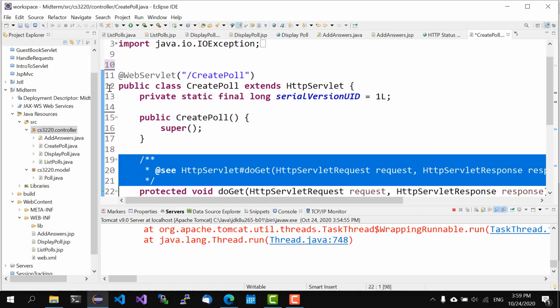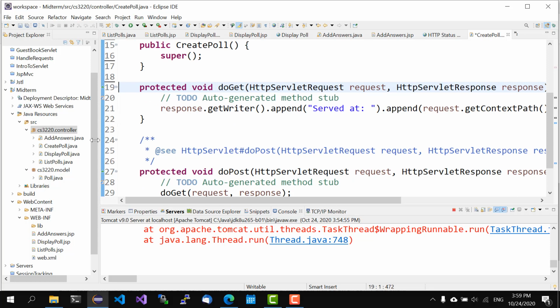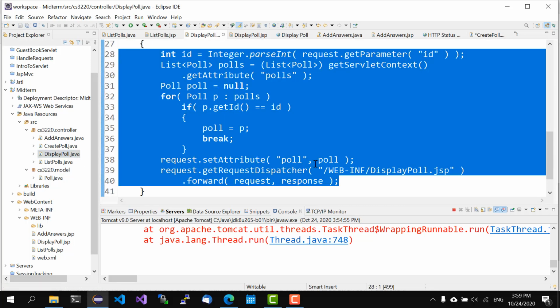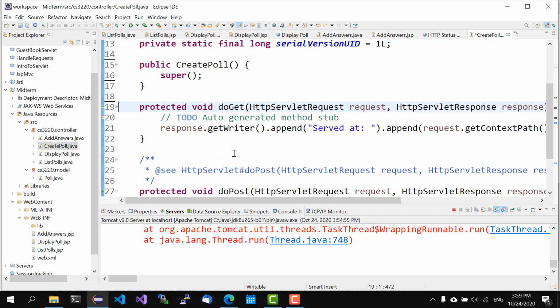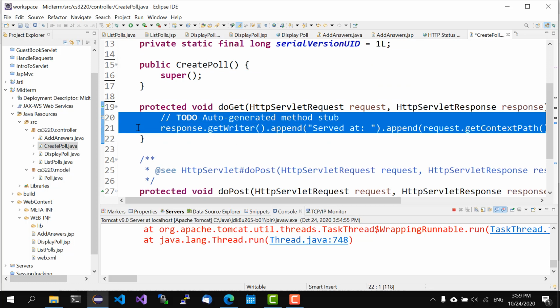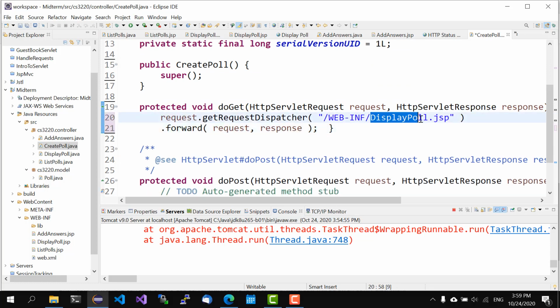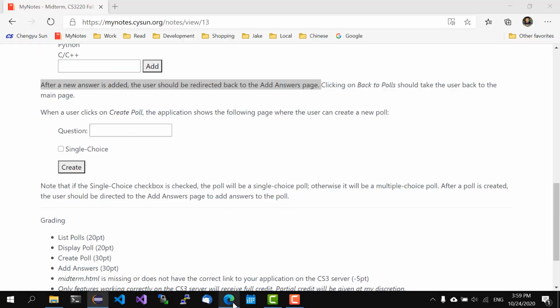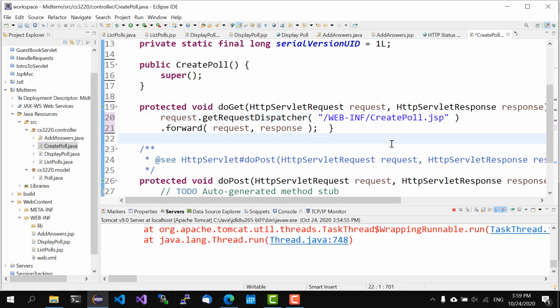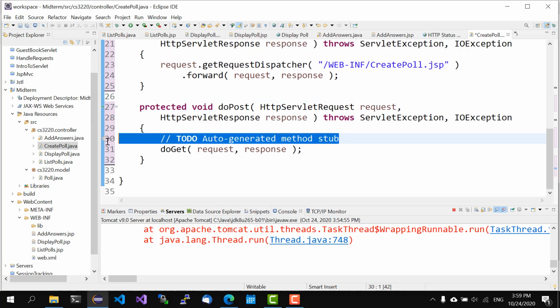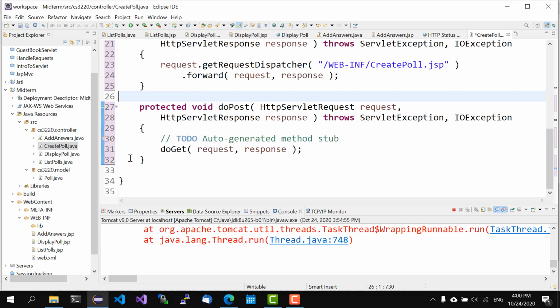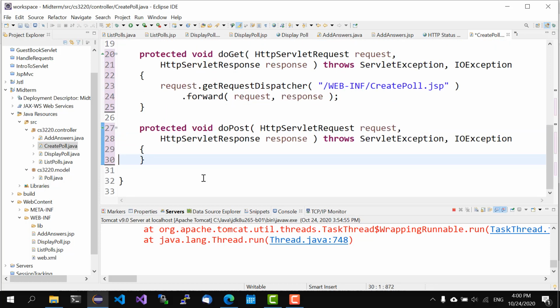We just do a forward, and we'll forward the user to create poll, and that view will display this form, and then inside do post, we'll say